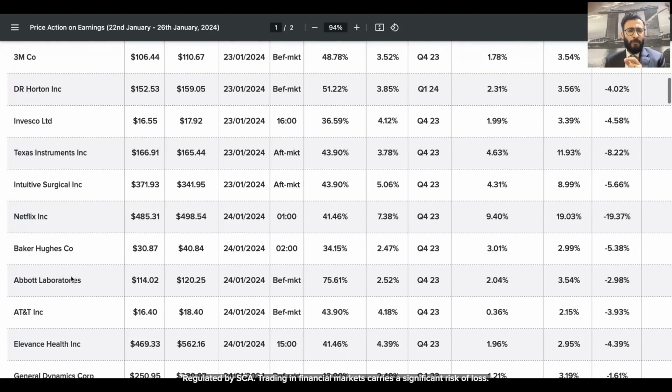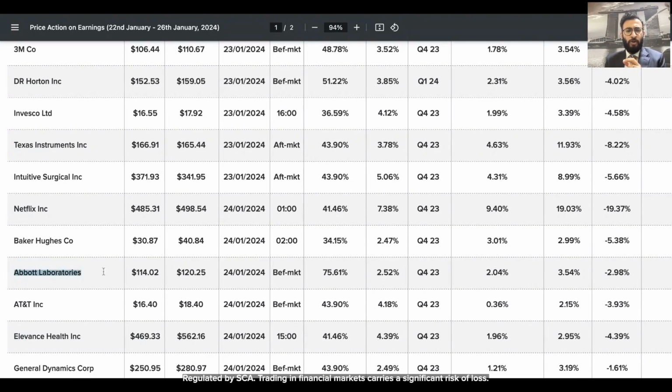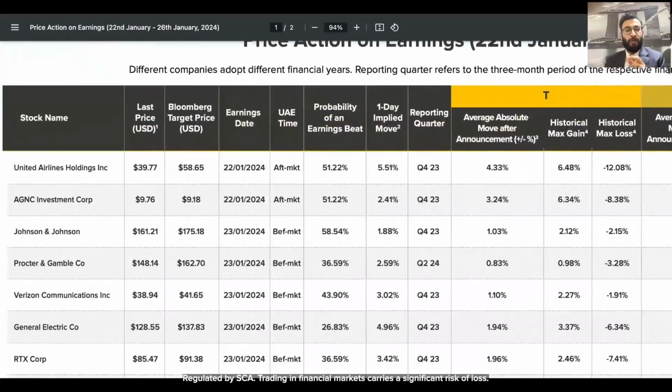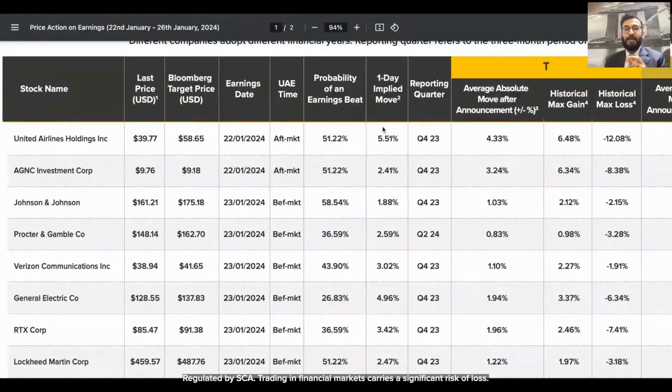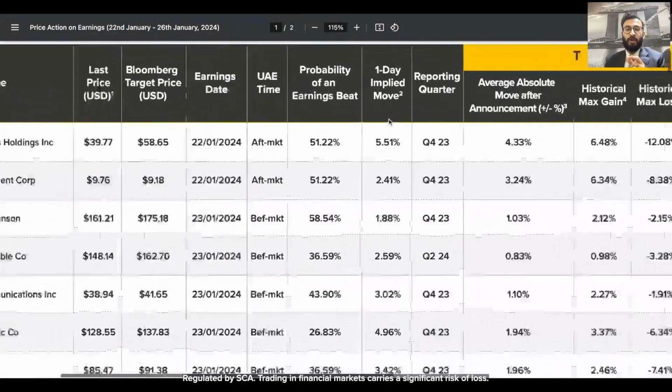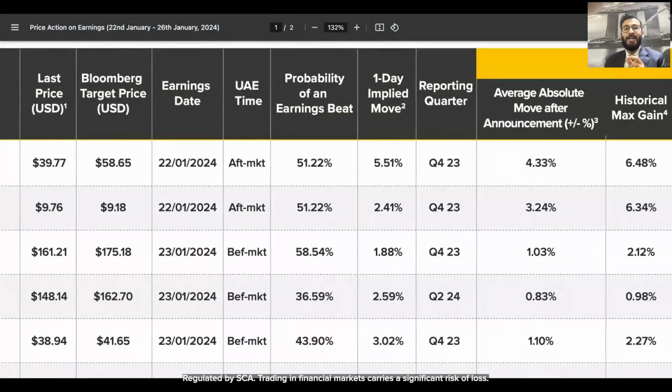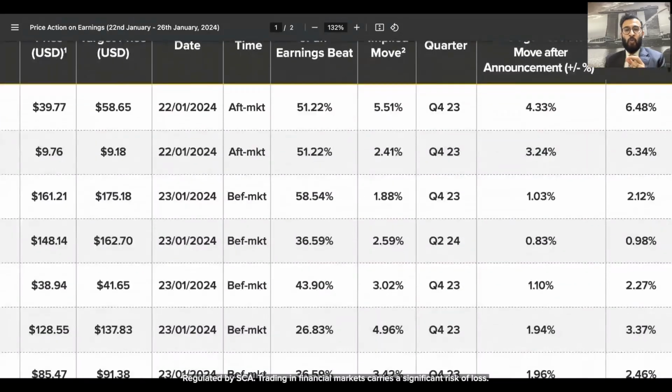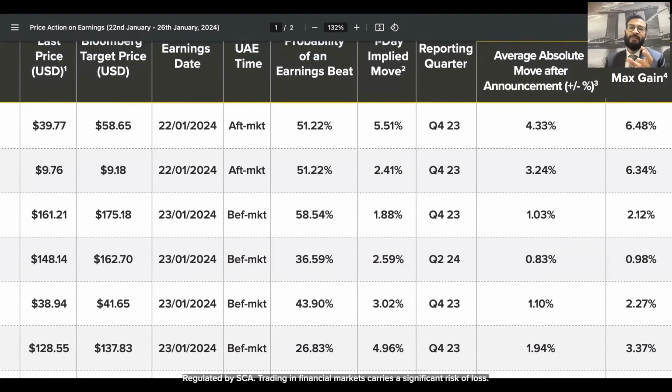Look at the stock below Baker Hughes, this one, Abbott Laboratories, which says that there is a 75% probability that it will beat the earnings. So the sixth column tells you the probability of the earnings beat. Comes the seventh column, very important, and it says the 1 day implied move. 1 day implied move means that after an event like earnings, in 1 day how much a stock has historically moved. So this says